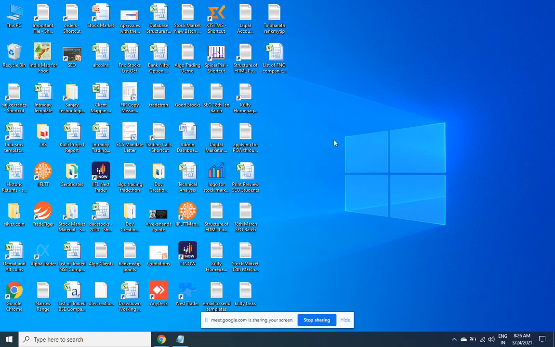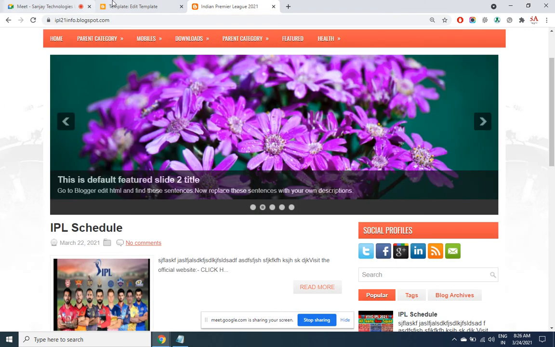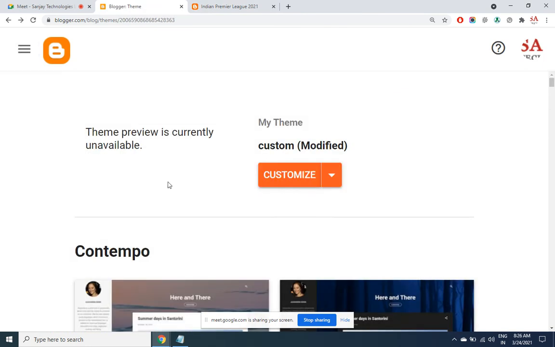So let us work out an image which is there in our system. Even these images and all, it is better to first download them to the desktop. From the desktop, do the process that we are going to see just now. So I am going back to the new post.